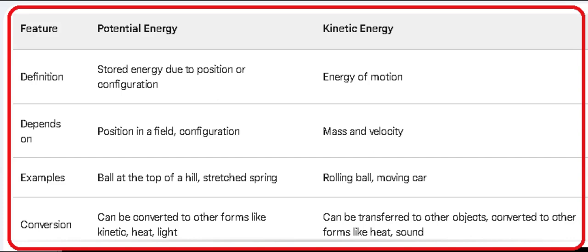Examples of kinetic energy. A car speeding down the highway. The fast-moving car possesses significant kinetic energy due to its high mass and velocity. A falling rock: as the rock plummets towards the ground, its potential energy converts into kinetic energy, increasing its speed. A swimmer gliding through the water: the swimmer's movement through the water translates into kinetic energy, allowing them to propel